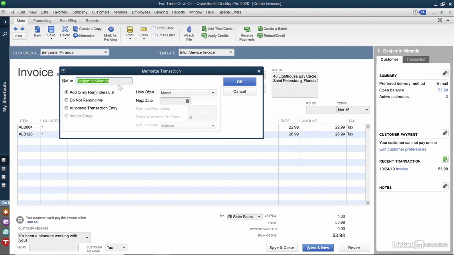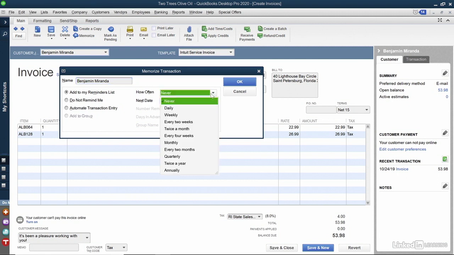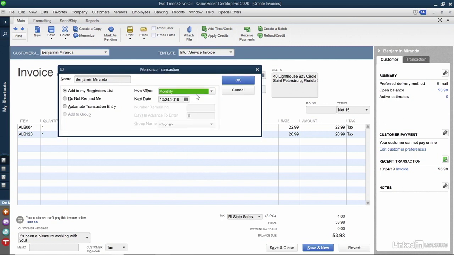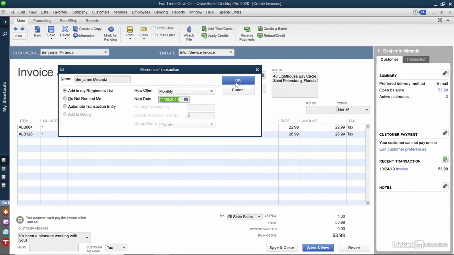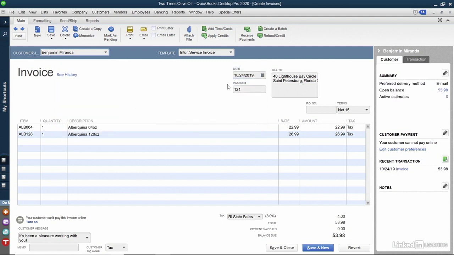Here's the name of the customer. I can choose whether I want to be reminded or not to create the next invoice. I can also have QuickBooks do it for me. If I want this to be added to the reminders list, I can tell QuickBooks how often I want to be reminded of it. Daily, weekly, monthly, or more. In fact, if I choose monthly, I can choose the next date that I want this to start happening. When I'm all done, I'll click the blue OK button, and we've memorized that transaction. I'll close out of this,